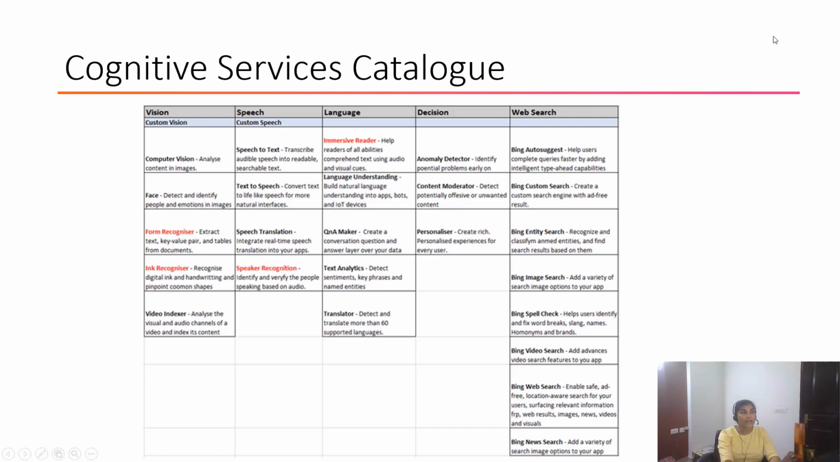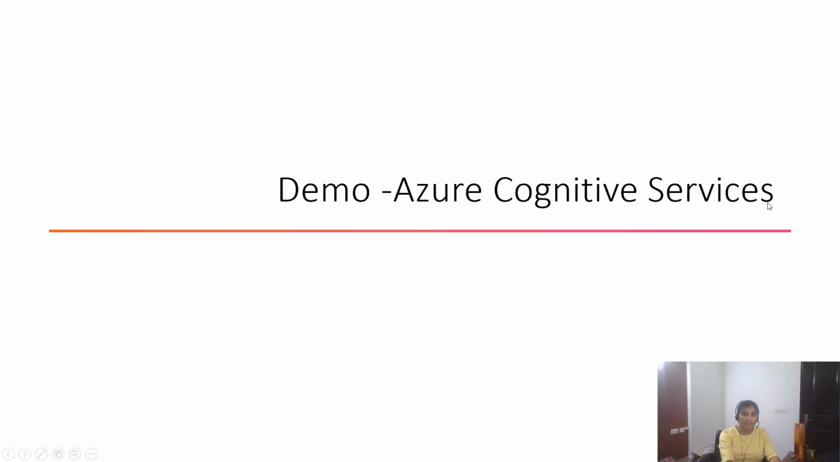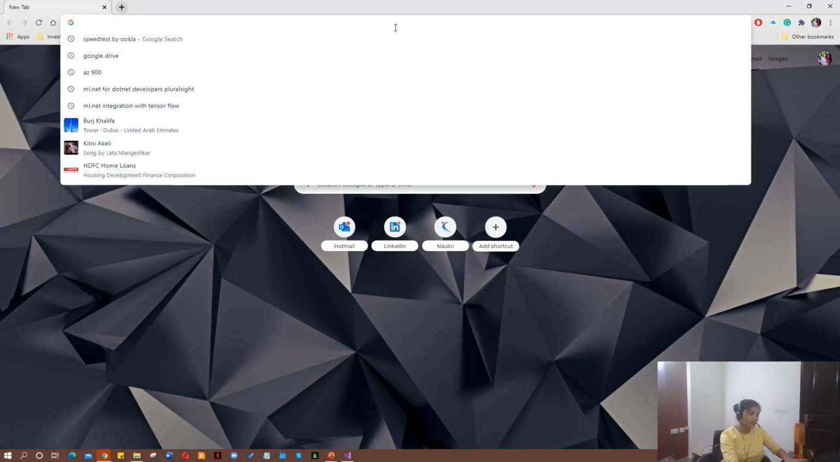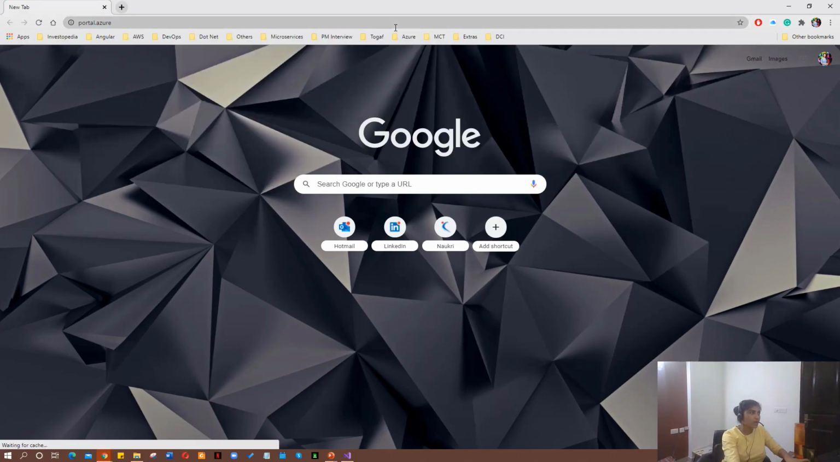And this is the whole idea of what cognitive services offerings are in terms of leveraging the artificial intelligence landscape in your application. Let me give you a quick demo of Azure Cognitive Services. I'm simply going to log into my Azure portal, and